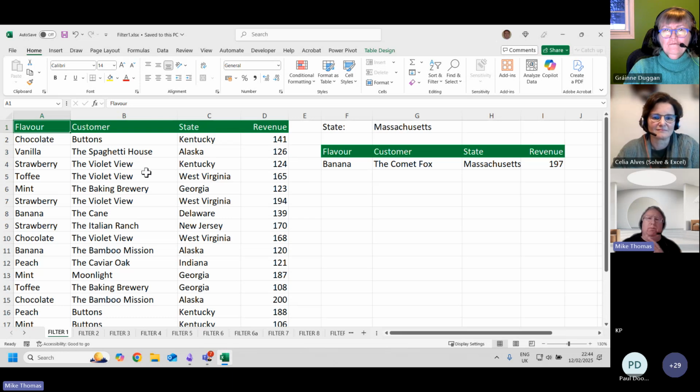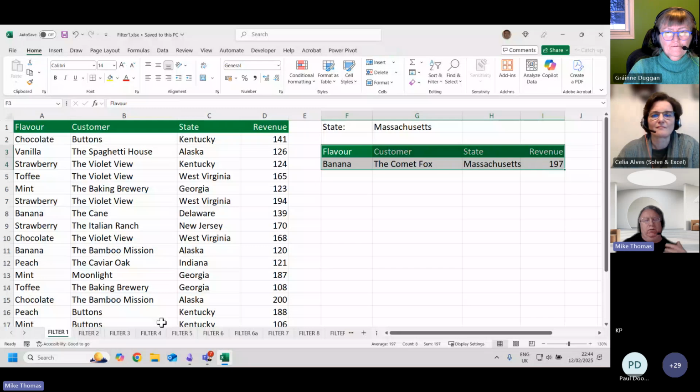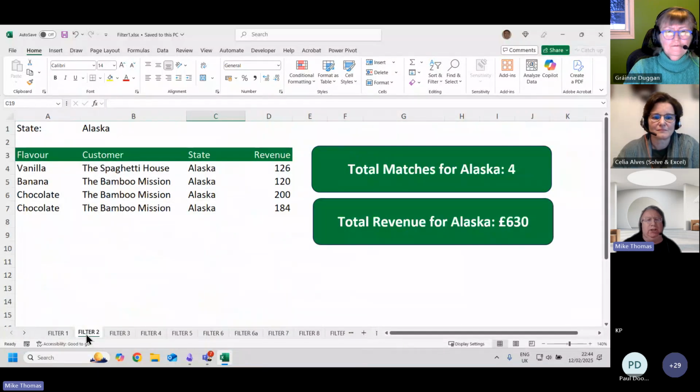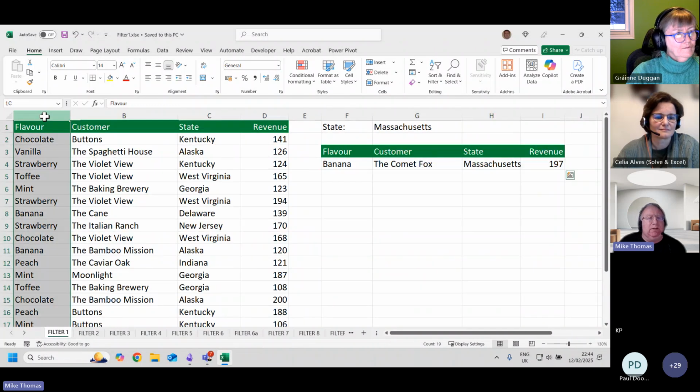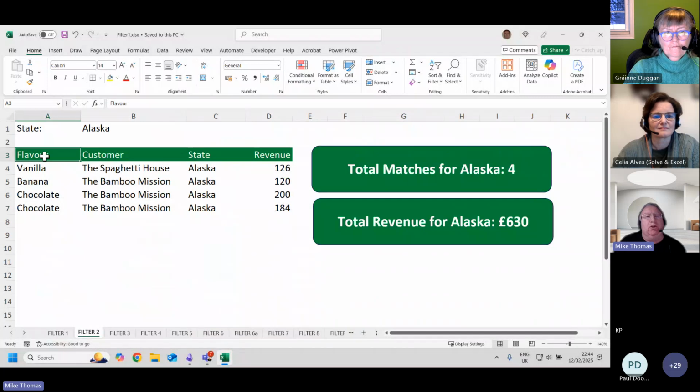And you can put that copy of the data either on the same sheet as the source data, which I've done here, or you can put it on a separate sheet. So let's say you're building a little dashboard. My source data is on this sheet, filter 1, but I've used the filter function to pull out some data. In this case, it's all the records where state is Alaska,